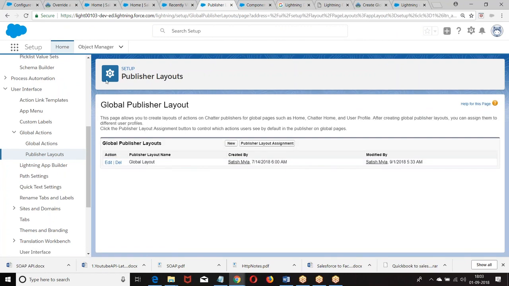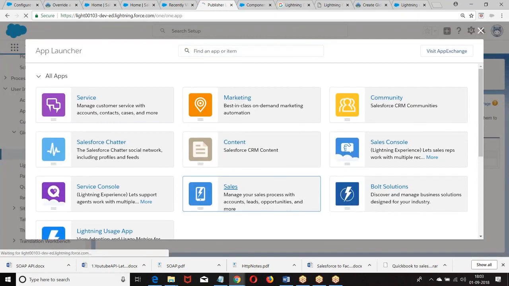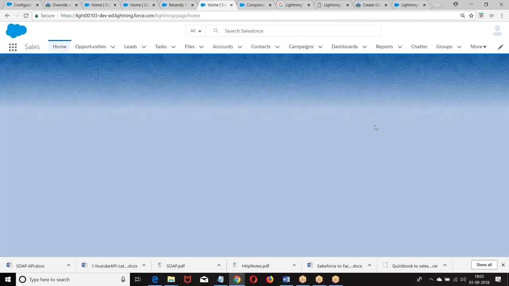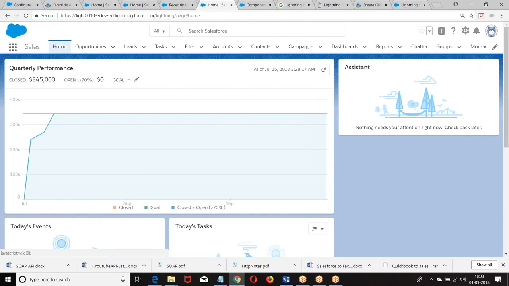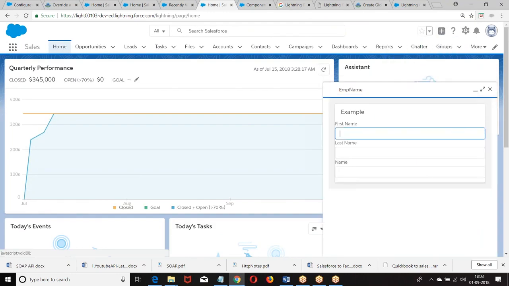Right. So go back to this. So we have EMP name. We click on the EMP name. This is how we got last name, first name. So this is a quick action. Now it is up to your choice. When you click on it, you can create buttons there. When you click on that, you can go to the controller, get the records, insert the record, whatever you want to do, it is the same operation.